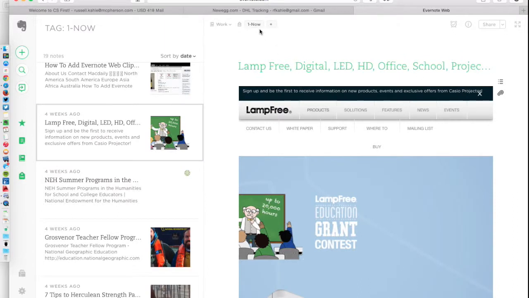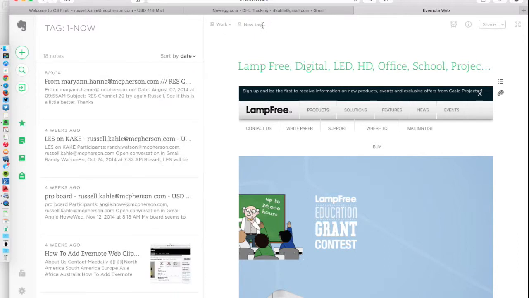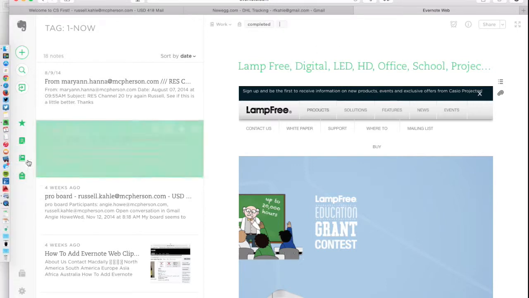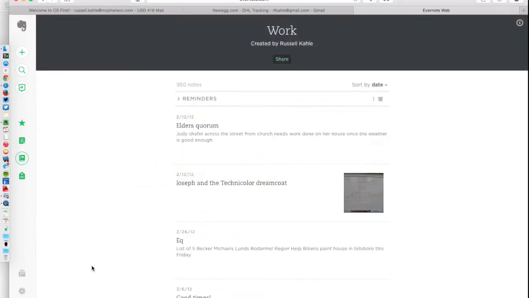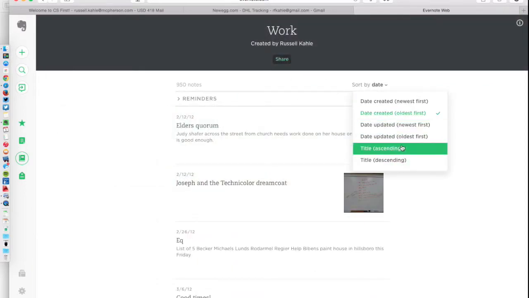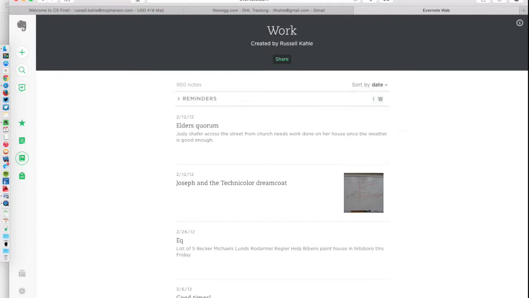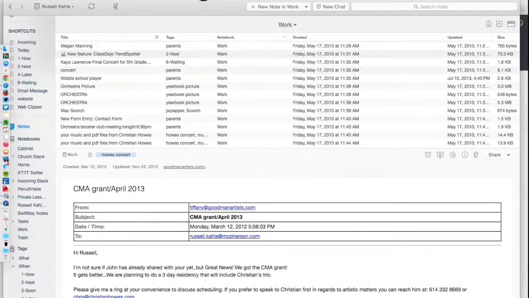And say that I'm done with this now. I can click on this One Now, delete it. It's still in my work folder. Sometimes I'm good about this and I make it into a completed task. Sometimes I don't. It's still easy enough to sort through them, and just in all your notes. So if you're in your notebook and you go to your work notebook, and you can sort and have which by that,